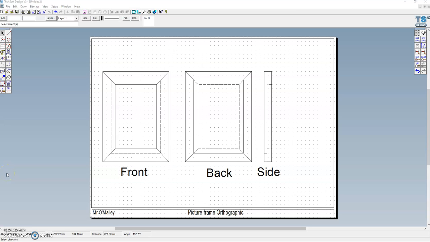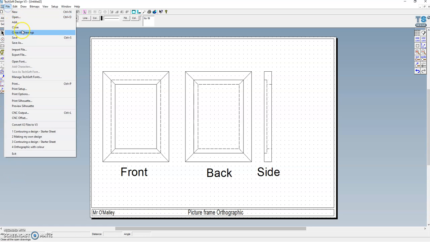Okay, so our final step is going to be to add our dimensions, but before we do, we want to save a copy of this because we're going to want to add our grain effect onto this later on, and we don't want to add all our dimensions then have to delete them again later. So again, I'm going to go to File and Save As,